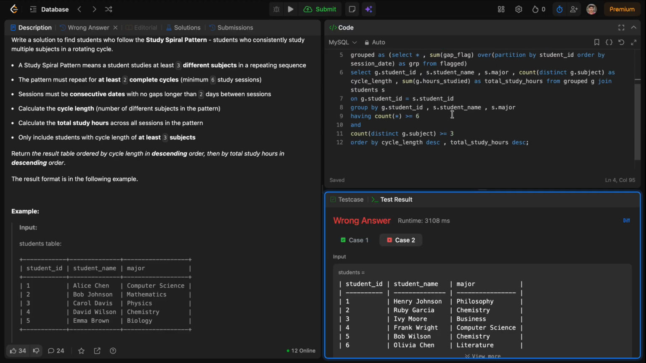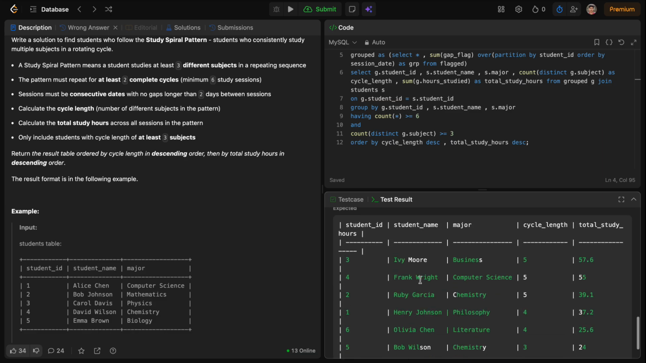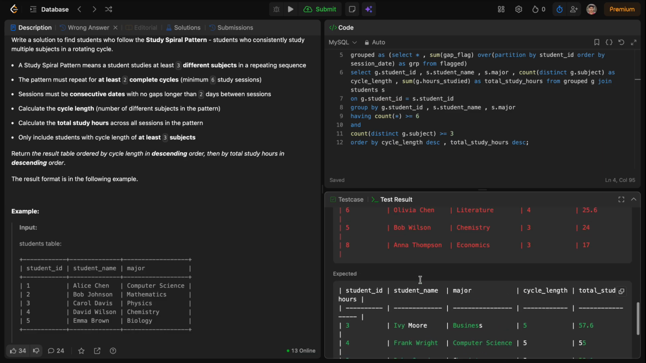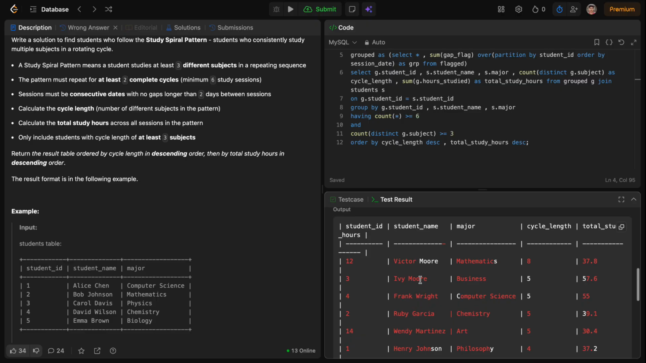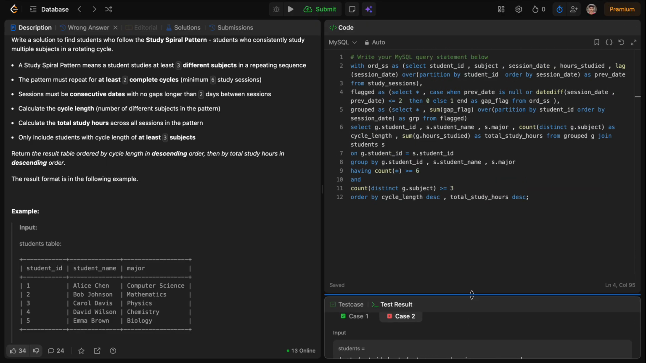And let's see. Okay, still we miss something. What do we miss? Okay. Let's check again. Okay, so for the ordered we have everything, and the session date over partition by the